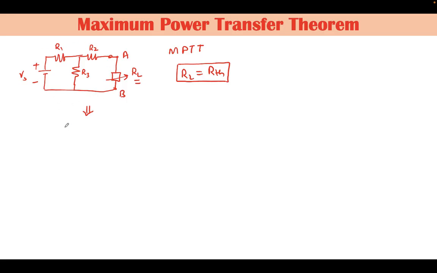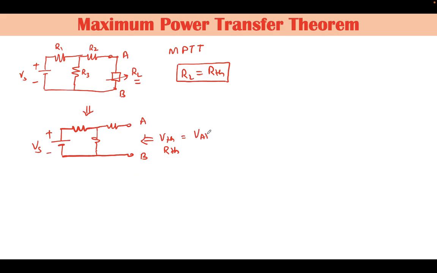Thevenin equivalent of this network across terminals A and B, which is given by considering the same network, where the load across terminals A and B is removed, and the Thevenin equivalent VTH and RTH is calculated. VTH is nothing but the open circuit voltage across these two terminals, that is equal to VAB.